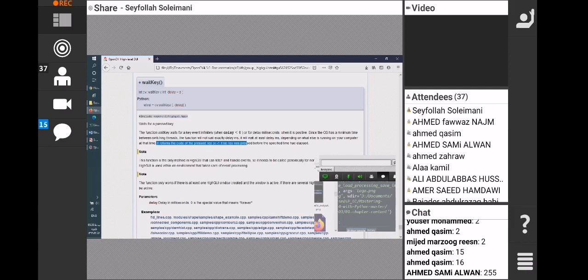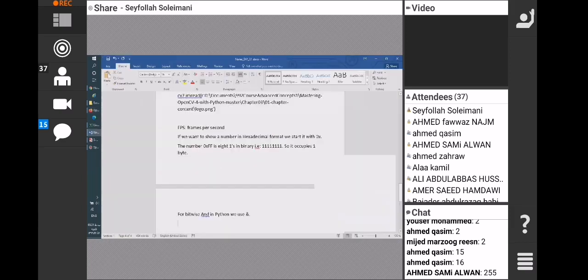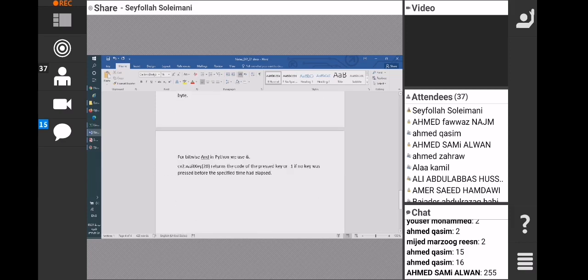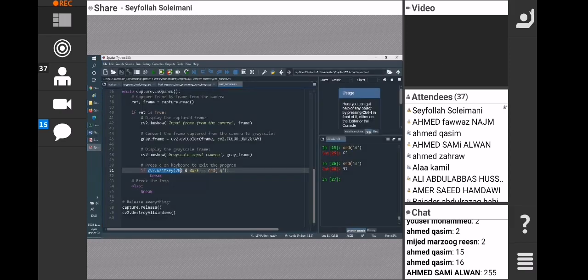Let me copy this. cv2.waitKey returns the code of the pressed key, or -1 if no key was pressed before the specific time has elapsed. What is the specific time? Milliseconds. So this is the code of the pressed key. For example, we press Q, then it is